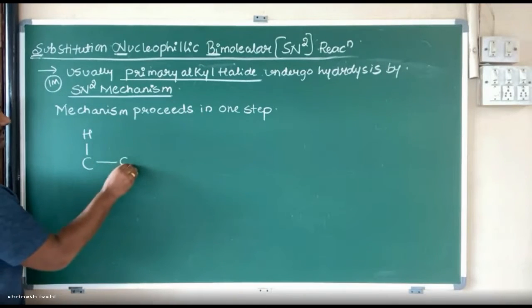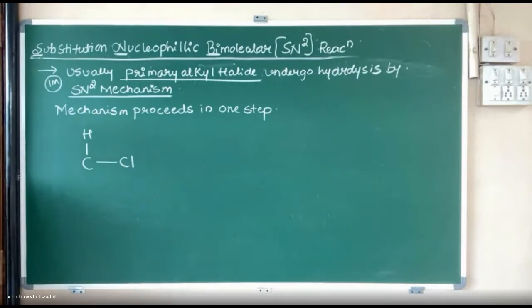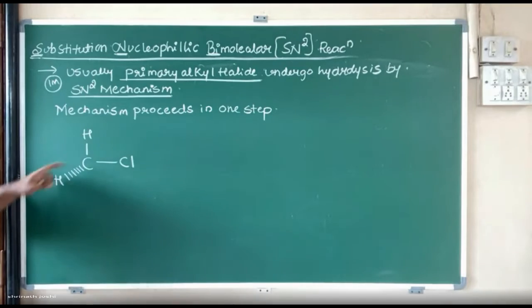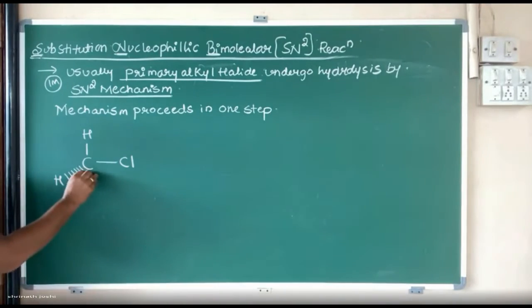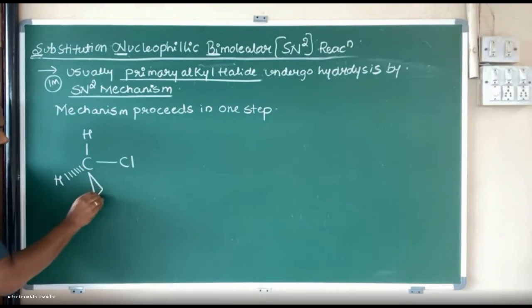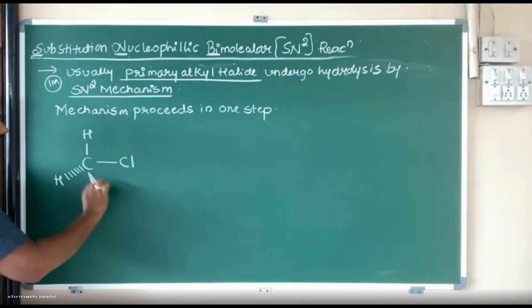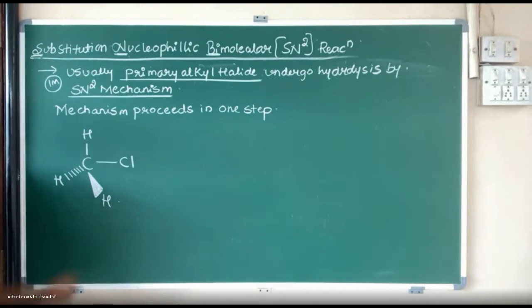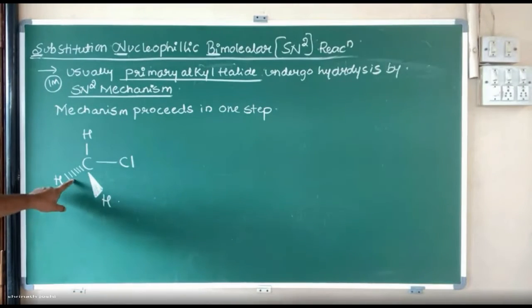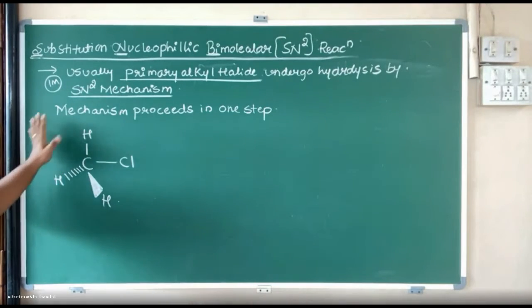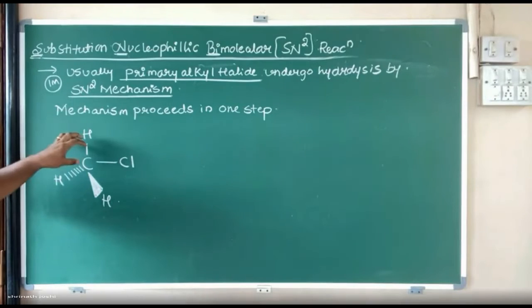Studied or no? Dash wedge structure. Somewhere you heard this. Here some dash will be there. This dash line indicates this hydrogen is behind the board. We call this a 3D representation. This is a dash and this is a wedge. A thick line we call a wedge. Wedge means not veg, non-veg, that is different. So this thick line, what it represents, I hope you can easily analyze. Board is 2D. I cannot draw 3D diagrams on the 2D board.